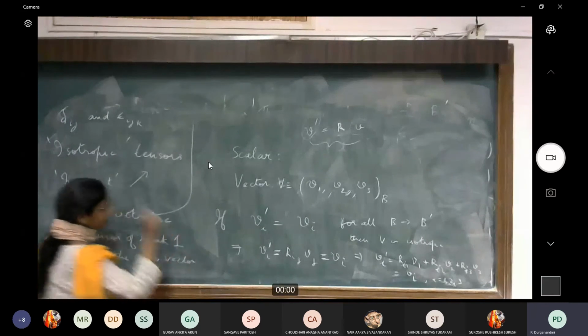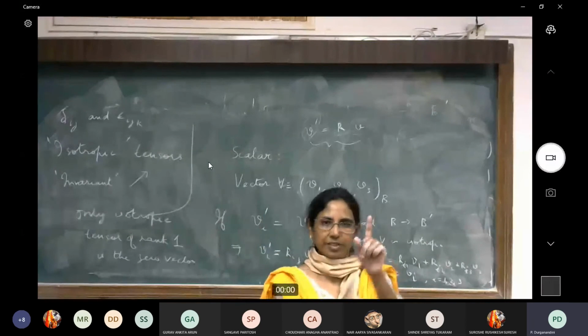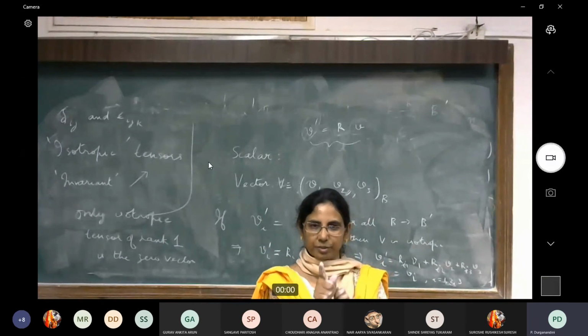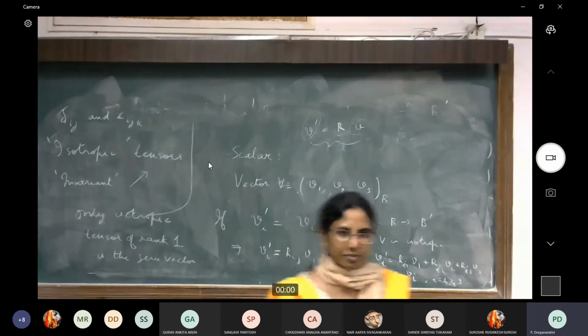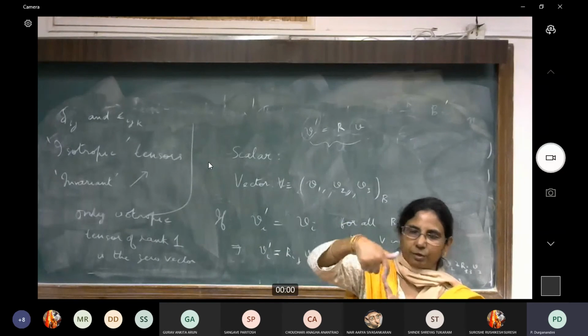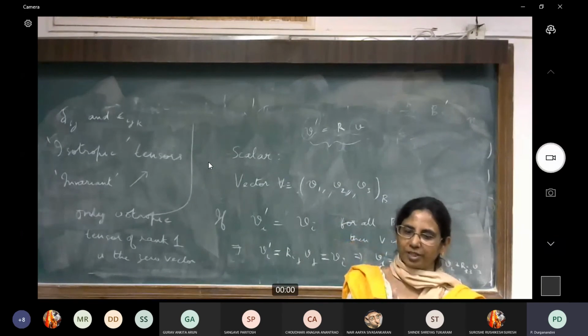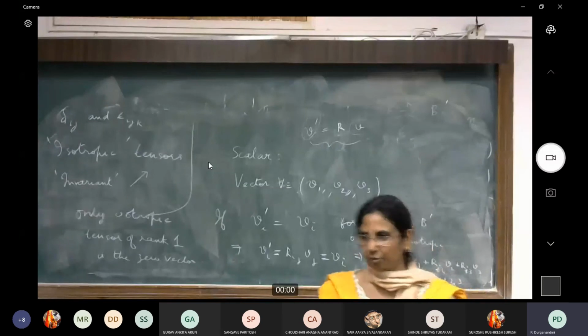And you can also see this from a geometric point of view, that if I have any arbitrary vector, which means it has some direction and some magnitude, apart from the 0 vector. Now, obviously, this is going to look different if I make some arbitrary transformation. Maybe there will be some rotation transformation. Suppose I rotate around that particular direction, it will look the same. But if I rotate about any axis which is perpendicular to that, then it cannot look the same.